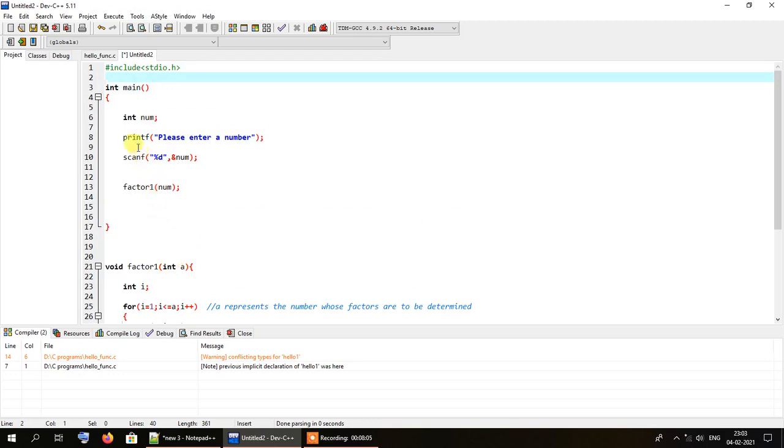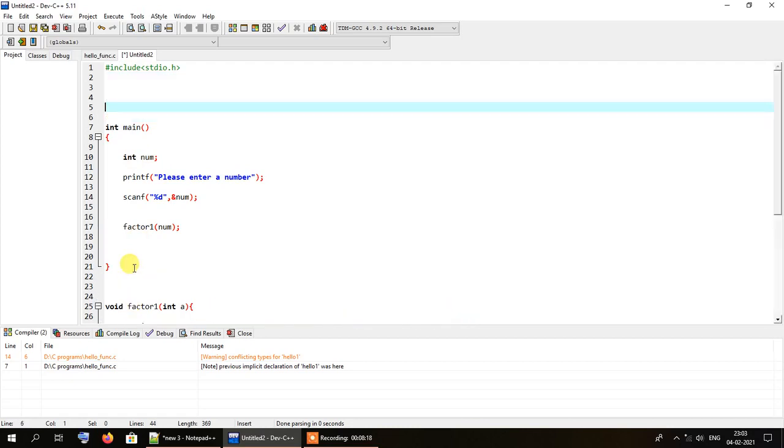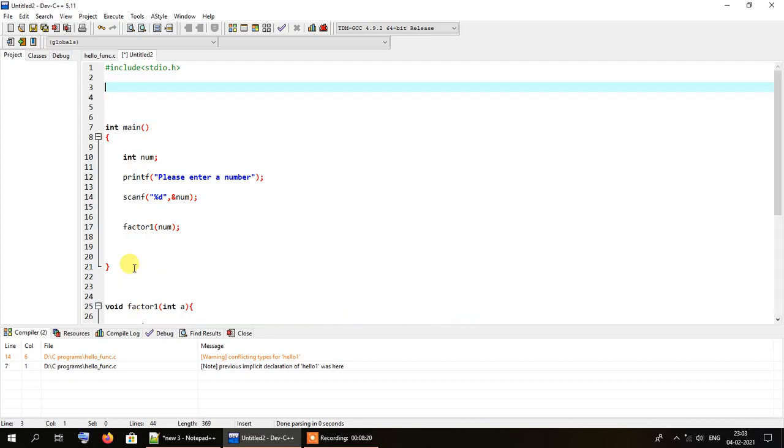Whenever we are calling a function that lies below the main method, as in this program we are calling this factor1 function which has been specified below the main method, we have to specify the method signature, because in some compilers, unless we specify the method signature above the main method, it may not work.